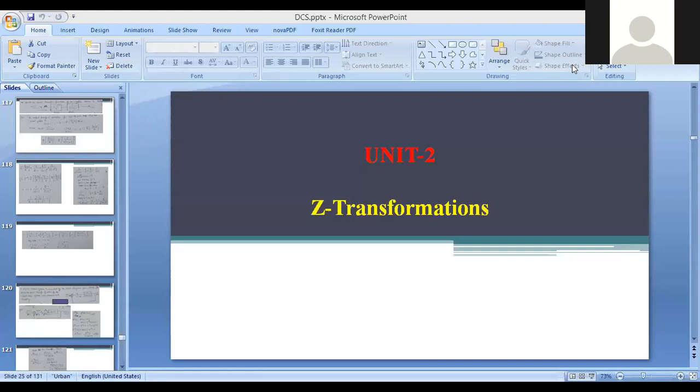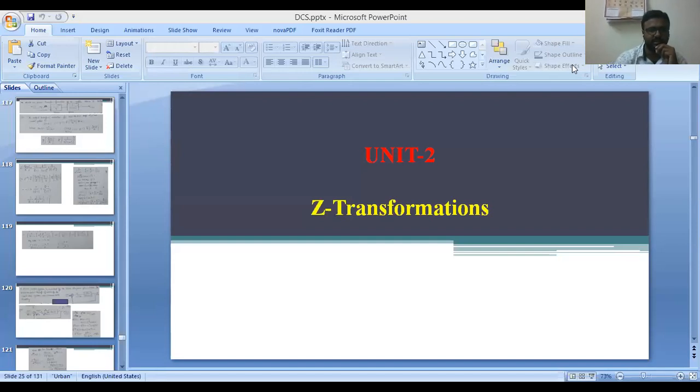So, we are in the second unit. We are about to close the second unit by today itself. We are in the last topic of the second unit, that is the pulse transfer function. In the previous classes,